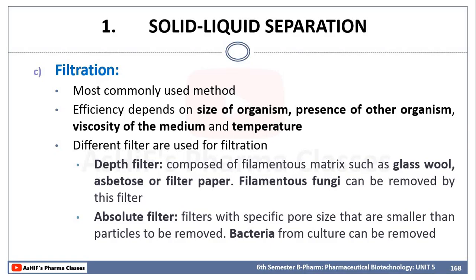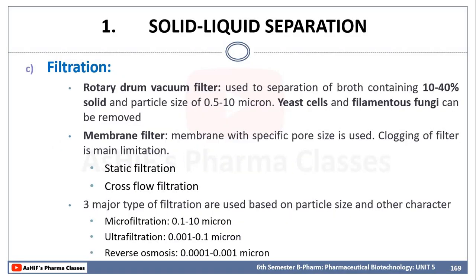Then we can use an absolute filter with a specific pore size that is smaller than the particle to be removed. By using this kind of absolute filter, we can remove the bacteria from the culture media. Then we can use a rotary drum vacuum filter. So sometimes, if it is in some kind of semi-solid material, we have to